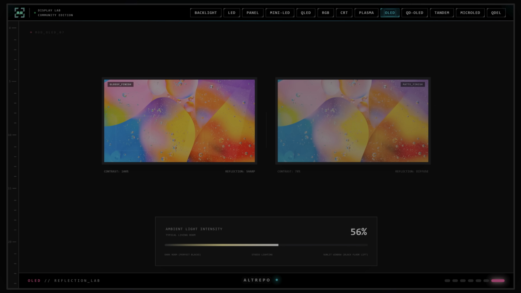OLED panels are usually glossy because it preserves brightness and color accuracy. In controlled lighting, that looks great. In brighter rooms, reflections become more noticeable. Matte variants reduce reflections, but they also lower contrast and brightness, so they tend to show up in more specialized